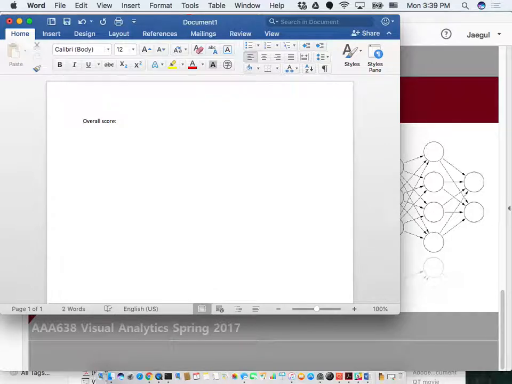You will assign or determine the overall score on a scale of 1 through 5, and then the overall score,